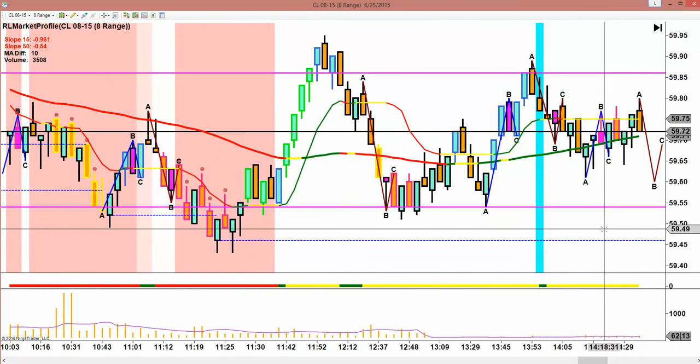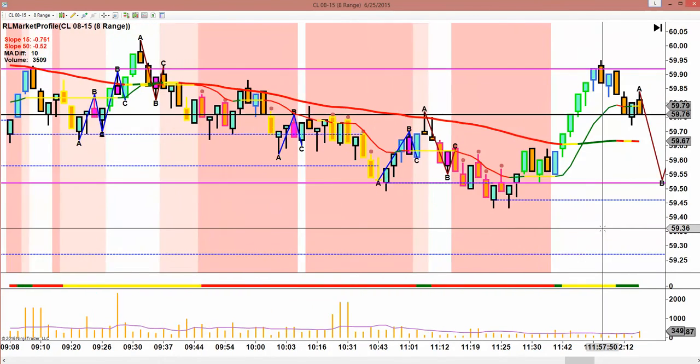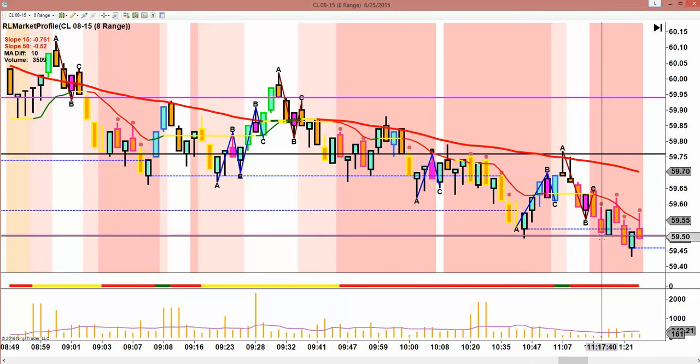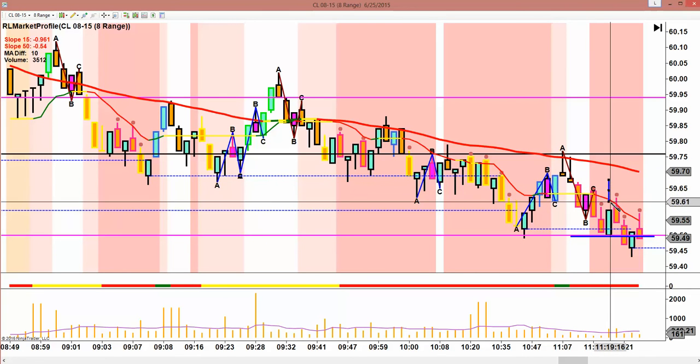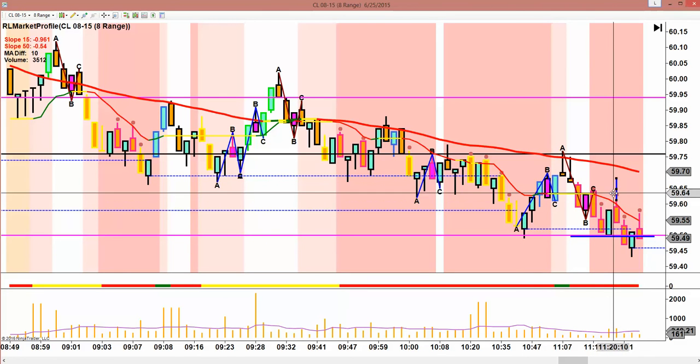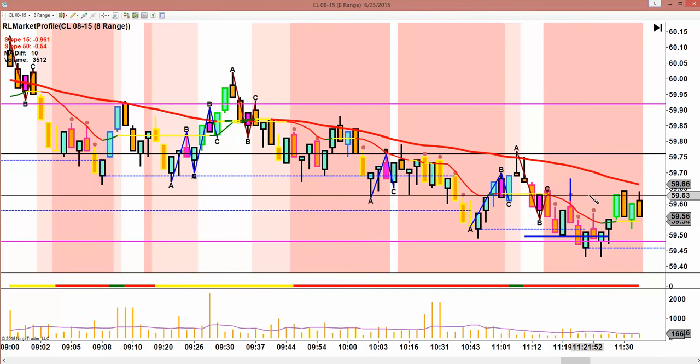Now let's take a look on the right edge. Again, right here, you've got this value area low. Now I tried to trade this. I took a loss. No, I took a small win here. And I took a loss here